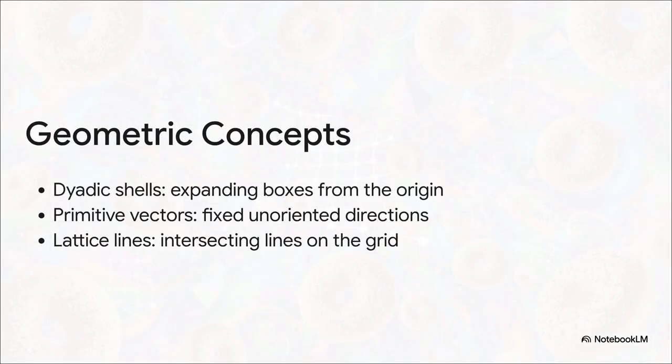Now, to mathematically prove that this random probability actually works, without accidentally deleting everything and leaving the grid empty, Gaussal had to somehow organize this infinite void. He did this using a few key geometric concepts. First, we have dyadic shells. Imagine these pulsating square rings expanding outward from the origin. Gaussal groups the grid into these expanding shells to calculate how many bagels land in each specific zone.